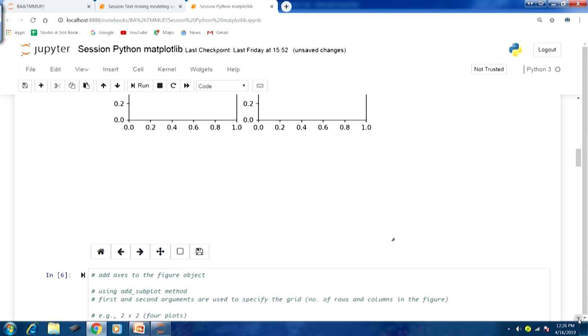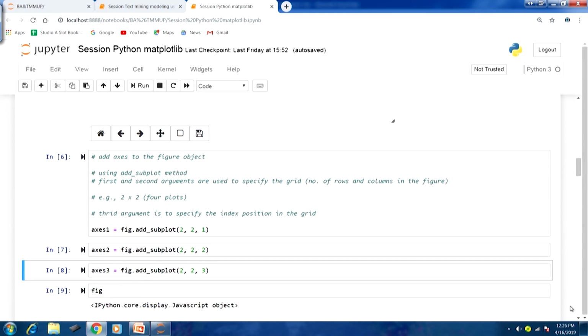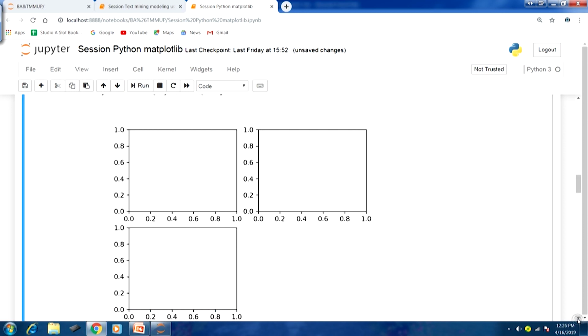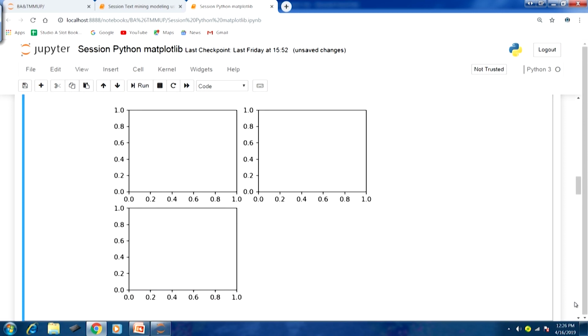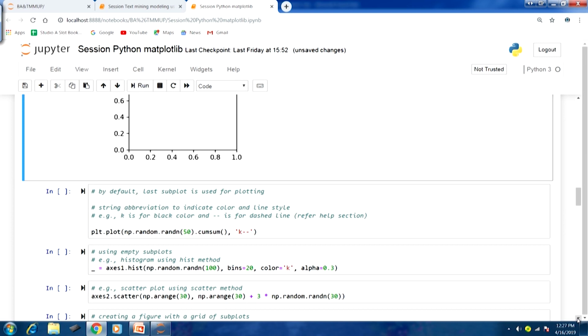Now this is a subplot that can also be used to generate our plots. Similarly, axis 3. If I run, you can see index number 3, which is the bottom left part of this frame, there axes have been added. Now this can also be used to generate a plot.